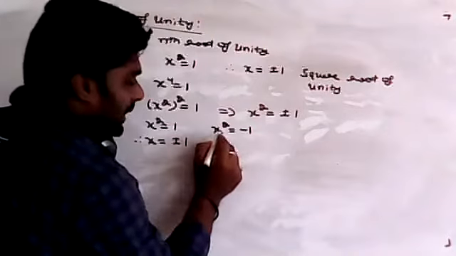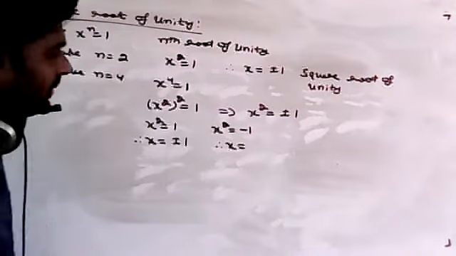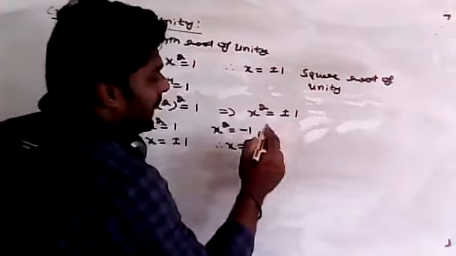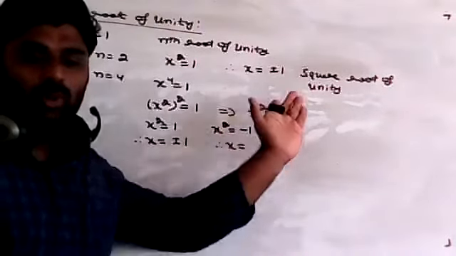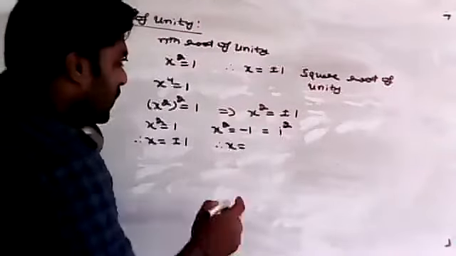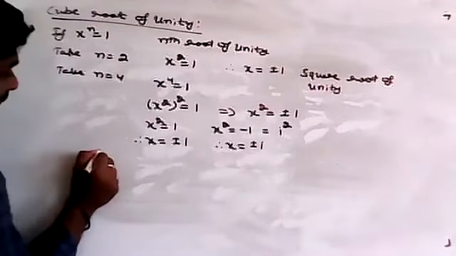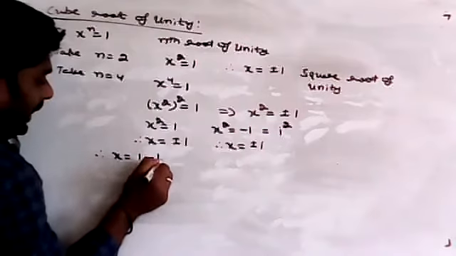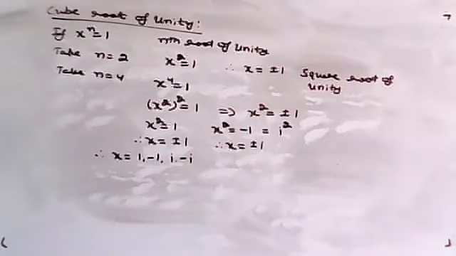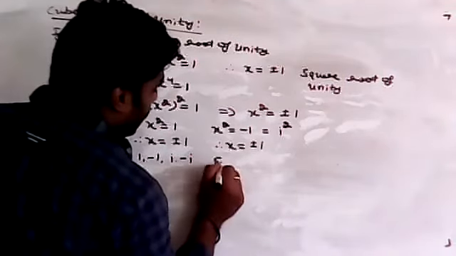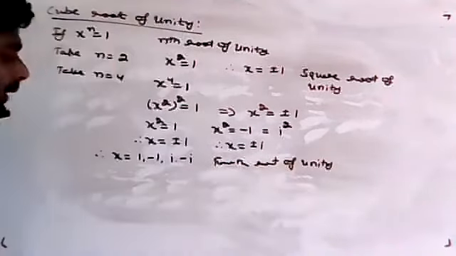Same thing, when I come back here, can you tell me what is x equal to? Yes, good. As we know, when do we get minus 1? When it is i square. i square is minus 1. So plus or minus i. If they ask in CD also, the fourth root of unity: therefore x equal to 1, minus 1, i, minus i are the fourth roots of unity. Clear? Okay.